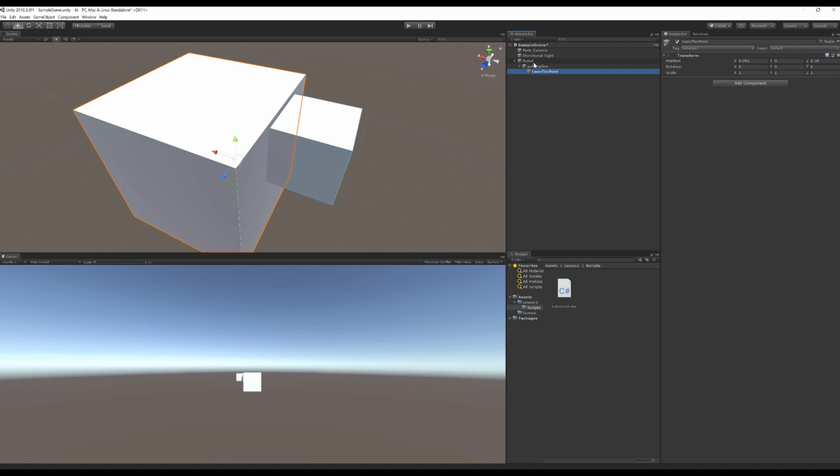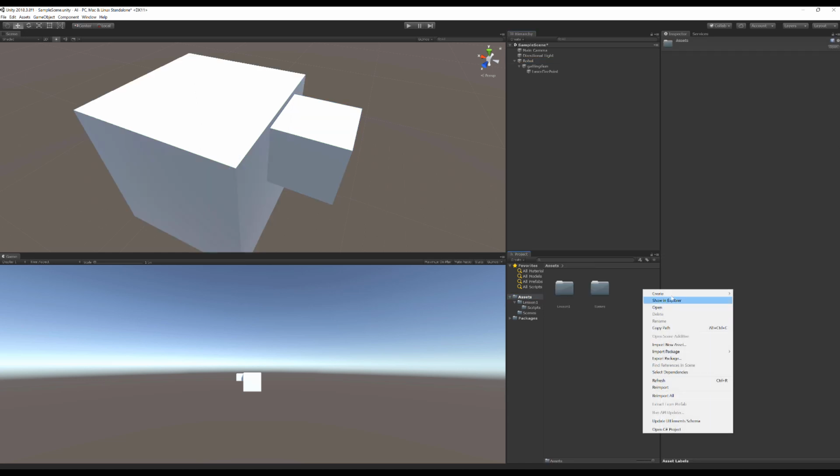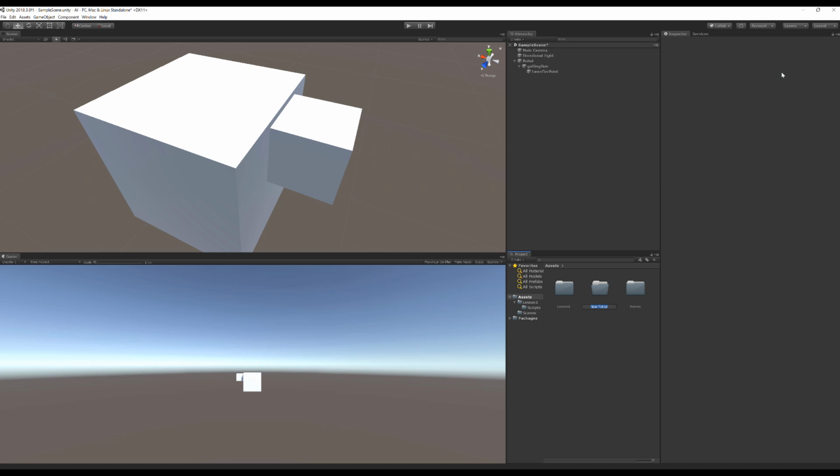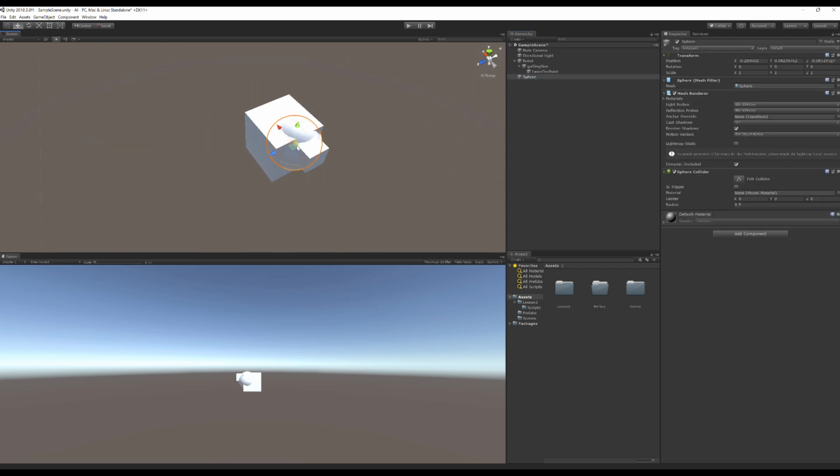So if we look at our robot, you can see we have laser none for our game object. So what I'm going to do is inside of this assets folder here, I'm going to create another folder. I'm going to call it prefabs. And let's go ahead and right click, and I'm going to create a sphere object. And let's see, scale this down. And I'm just going to create sort of like a